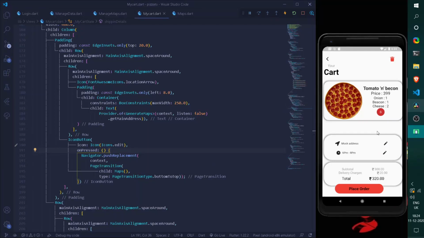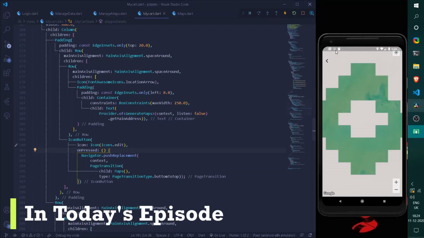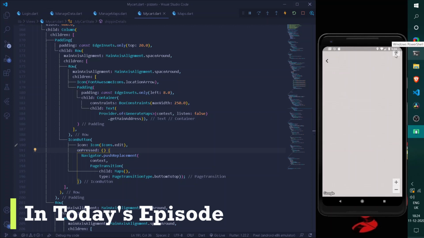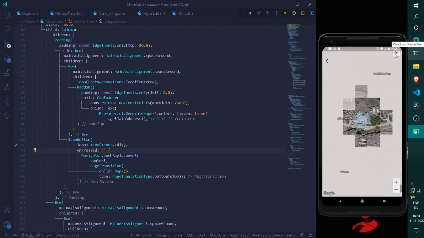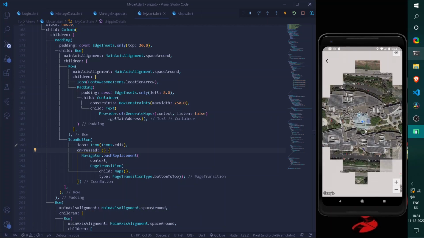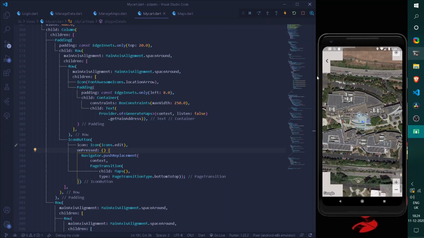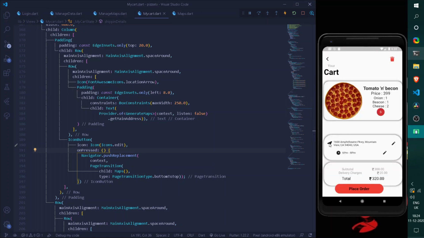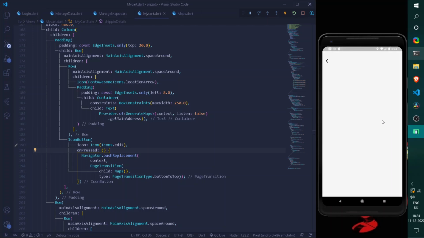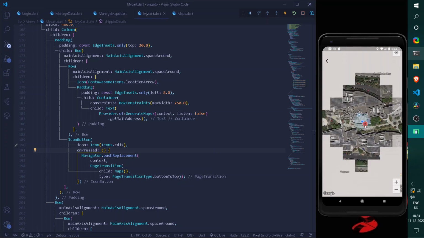Let's try it out one more time. Alright, let's navigate to our original location. And here, after pressing over this, let's go back. Now you may observe that the current location is changing. Let's change our location one more time. Under our location. Alright, so we have our location here.